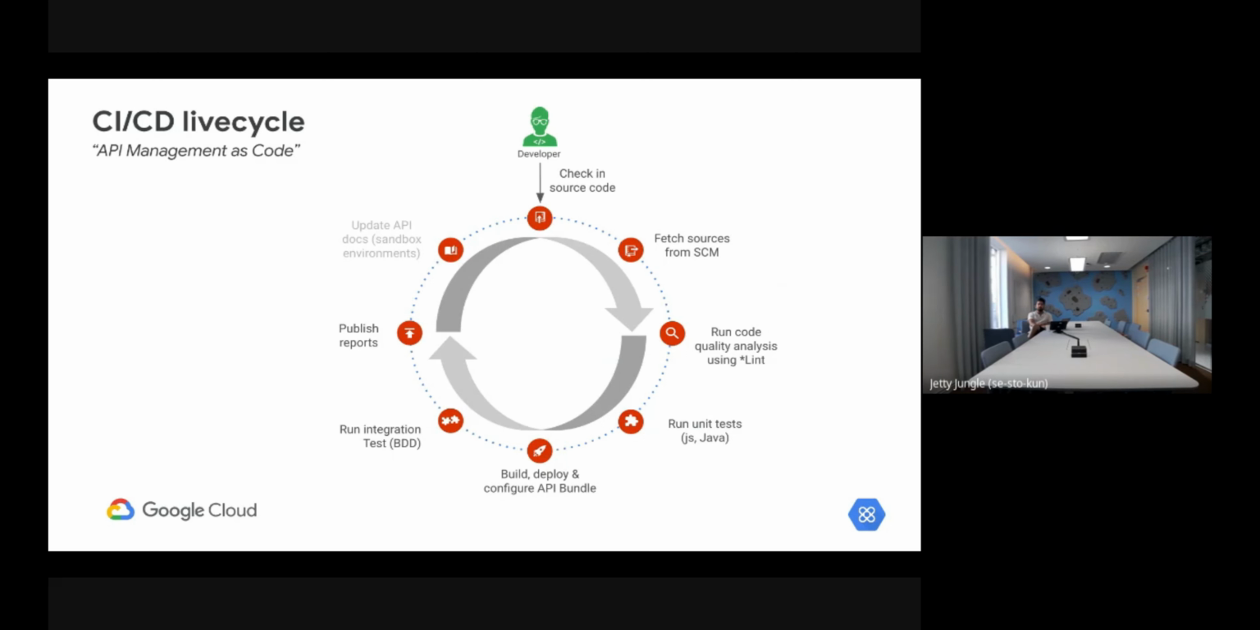So this is a normal life cycle of a CI/CD. Generally, a developer would create a backend API, and then they would create an API proxy, but they would like to have that code in a source control management system, let's say GitHub. Once they create this API proxy and put it into GitHub, the next step is